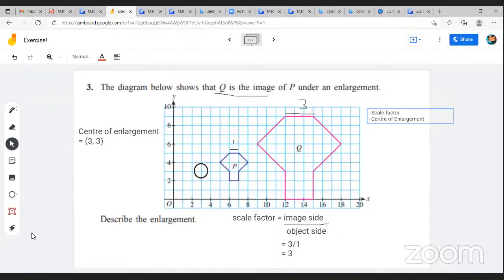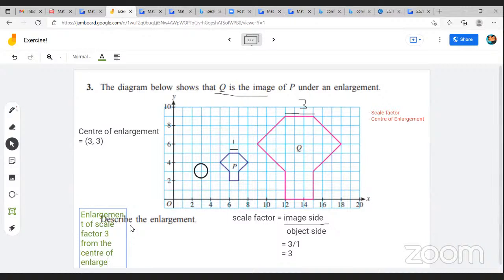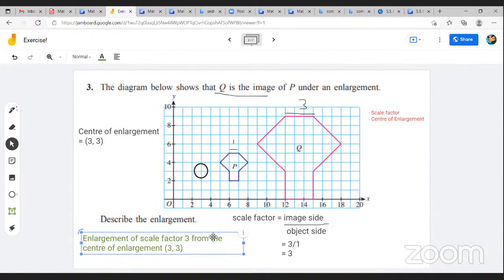We can finally describe the enlargement, and the statement would be something like this: enlargement of scale factor 3 from the center of enlargement (3, 3). This is how it will work. So yes, this is the first part of the whole thing. The next part is